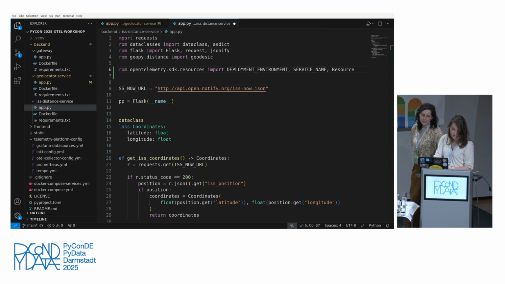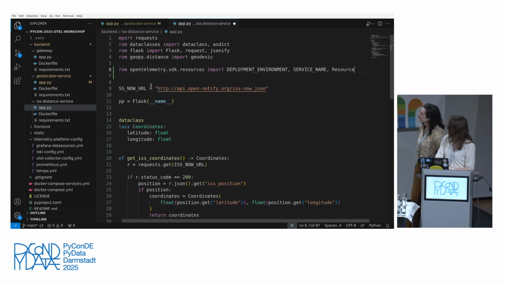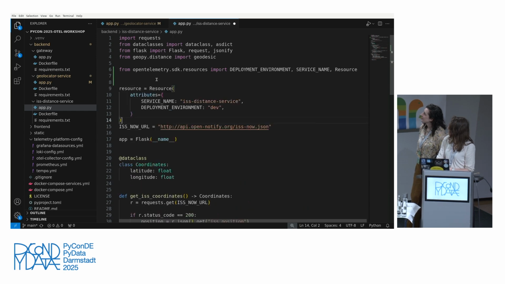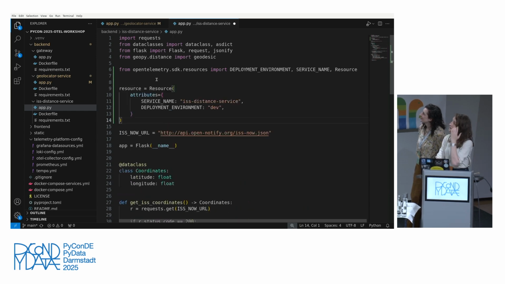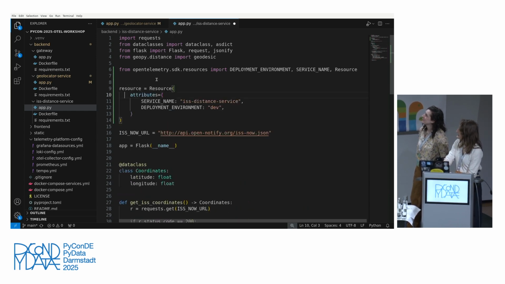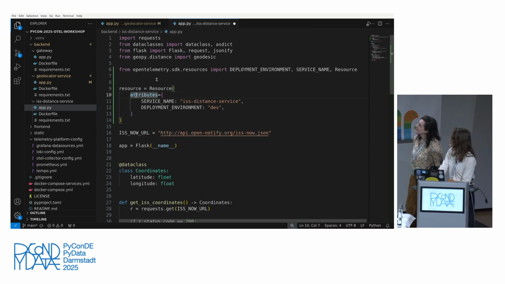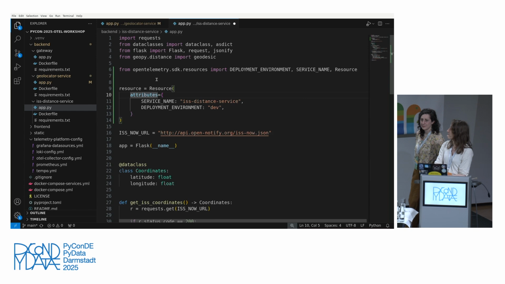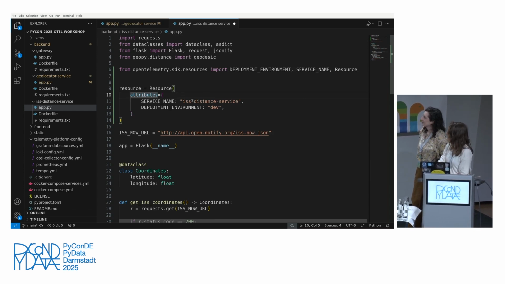And then we can just create a global one because we'll be reusing it. Yeah. So we're just going to create a resource object. It takes, among other arguments, just an attributes map. Here we're saying our service name is just going to be the ISS distance service, and the development environment is going to be